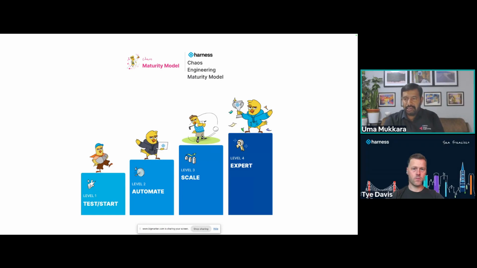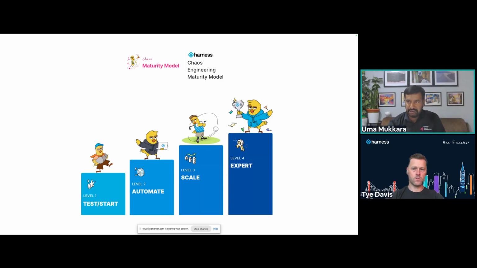If you look at a chaos engineering adoption cycle, Harness recommends this chaos maturity model to be studied and followed in the overall chaos engineering practice implementation. Typically, you can see some teams starting at level one, with some chaos testing on one application within one team. That's kind of the introduction of chaos culture into one of the teams or one of the applications